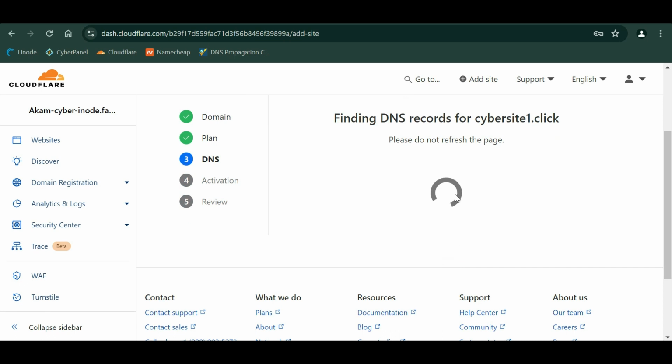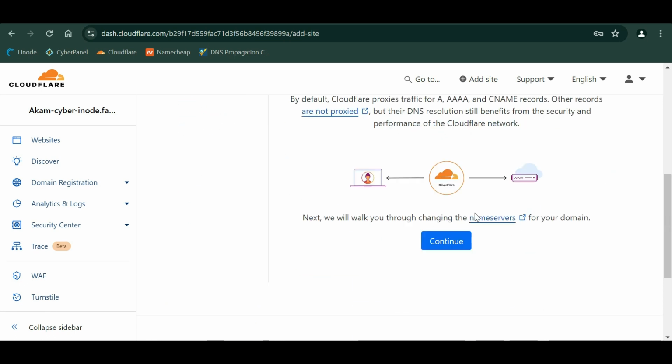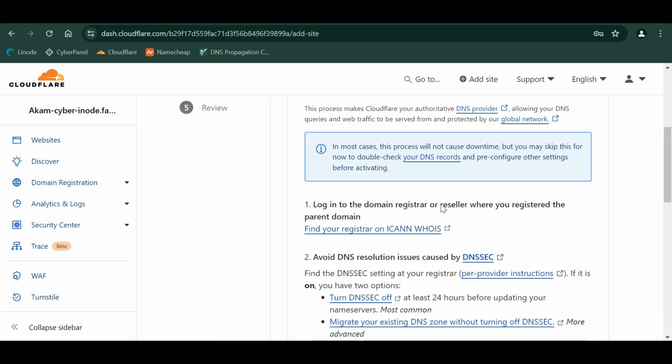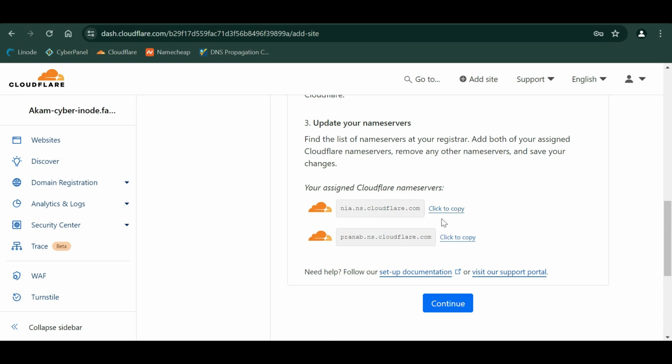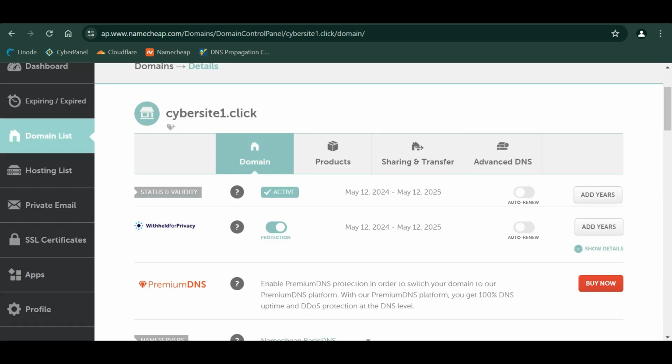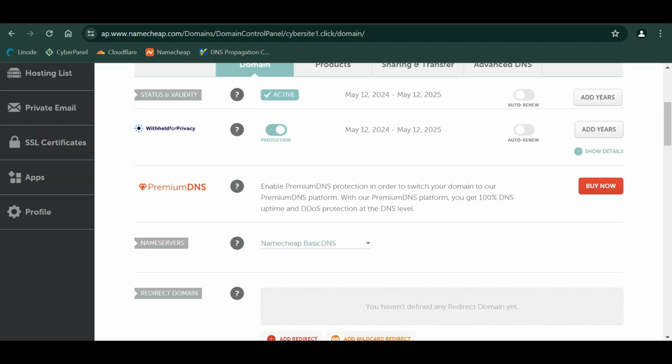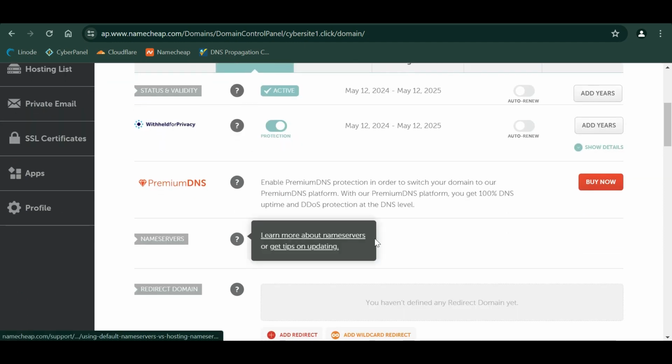It just wants to do a quick scan, so I'll click that. Scroll down and hit continue. So these are the name servers that we need to add to our domain registrar in order for Cloudflare to manage our DNS. So I'll go to Namecheap, into my domain, scroll down, and then under name servers, it should